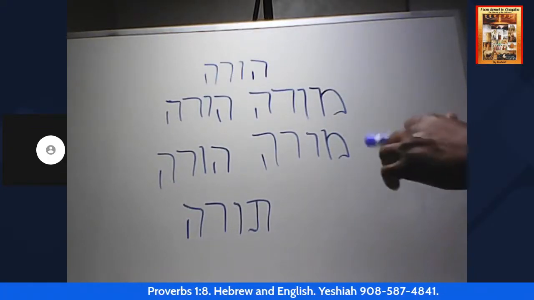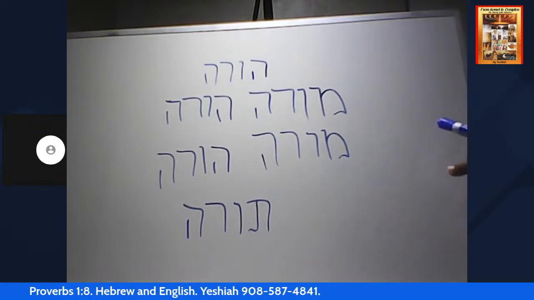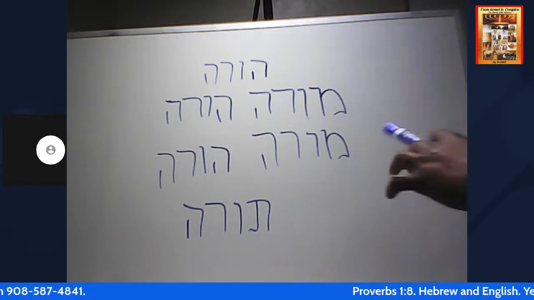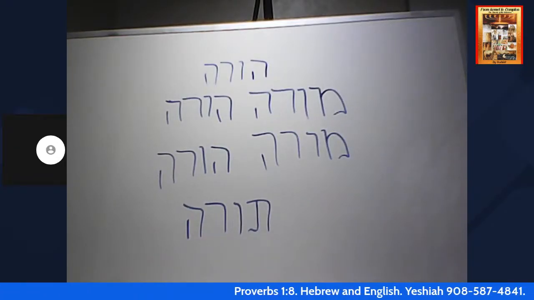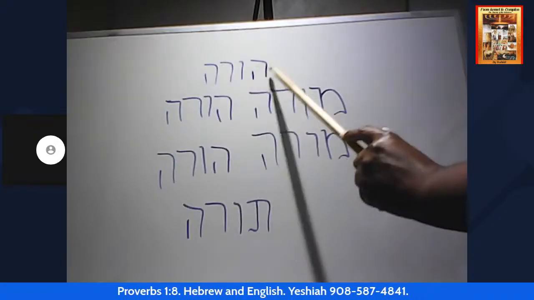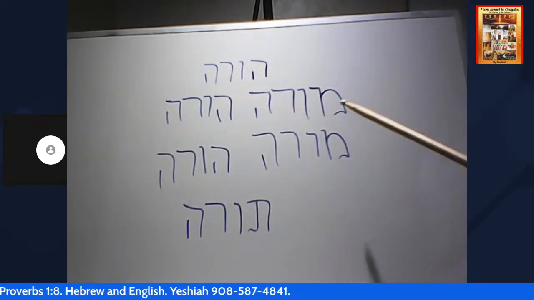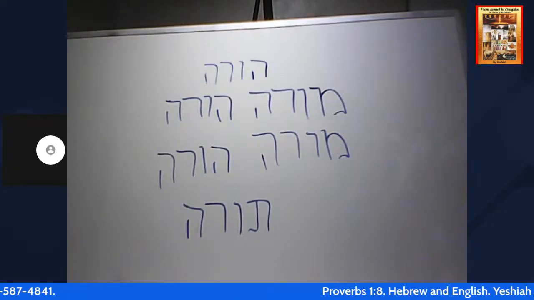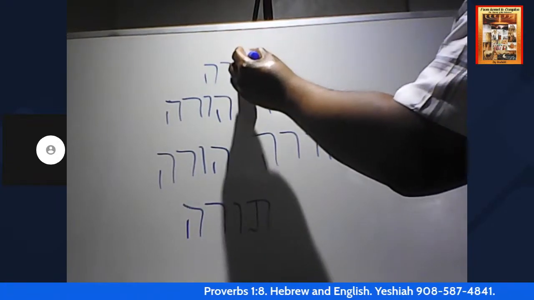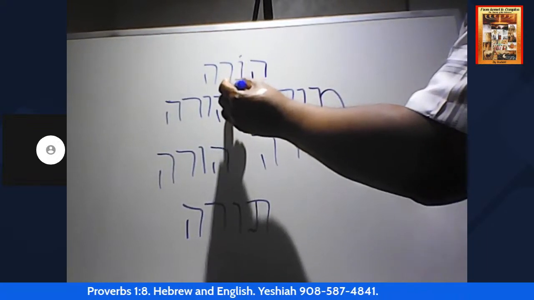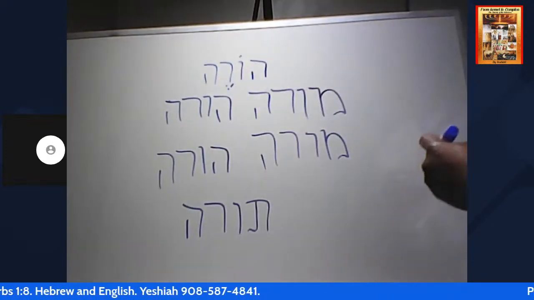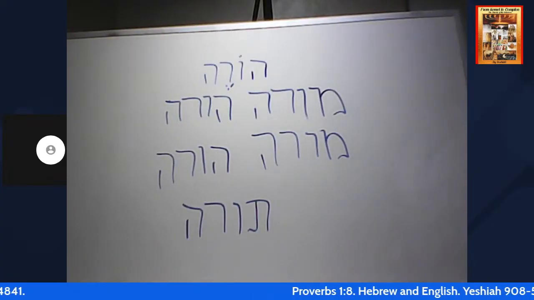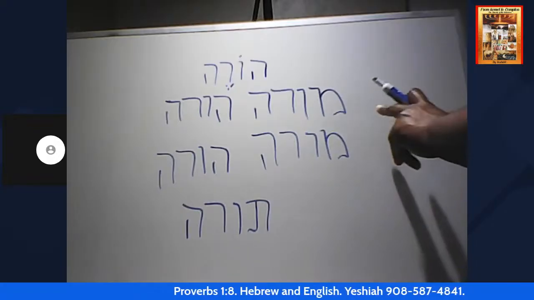Want to go over this, not going to be long. Want to go over verb and noun. Let us look at this, brothers and sisters. We have the word here, hora or hore. Now, in this particular case, we're dealing with it as a verb. All right? Hore, in this case, in the he filled stem, which in root means to teach. Okay. All right. So then we have this word here,